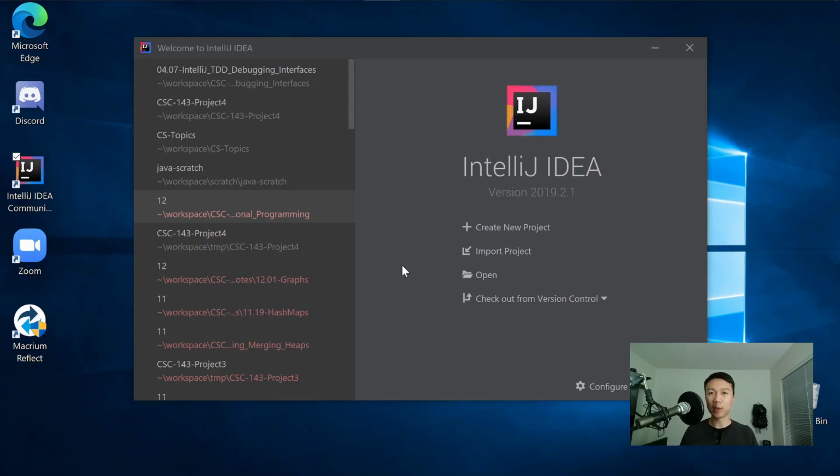Let's start things off with a quick tour of IntelliJ and how you can get set up with the class notes so that you can run them on your own machine. Now if you don't have IntelliJ yet, I really recommend you go download it right now and get it installed because it's going to be the IDE that we use throughout this class, and it's got a lot of really great features that we're going to be showing you throughout the quarter that you can take advantage of when you